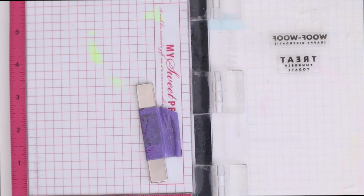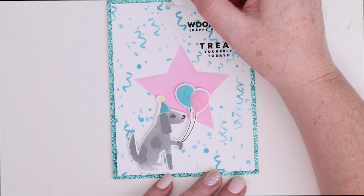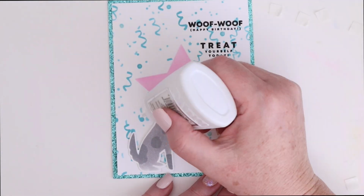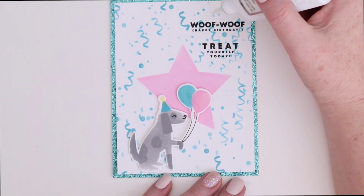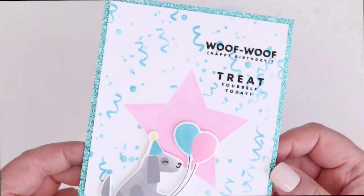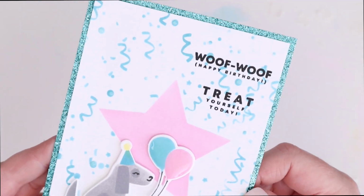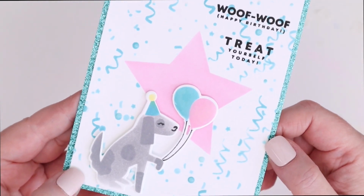on that confetti background. Last but not least, some Tonic Studios Nouveau Crystal Glaze on the balloons themselves and on some of the larger confetti pieces, just to add a little bit of dimension and shine to those. And again, just a really simple way to create a really layered and textured look without having to do any